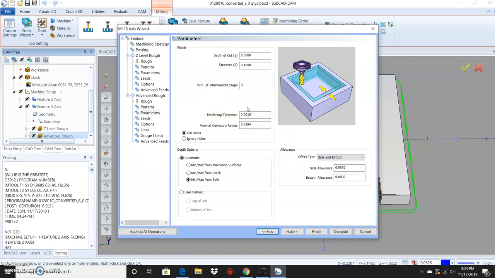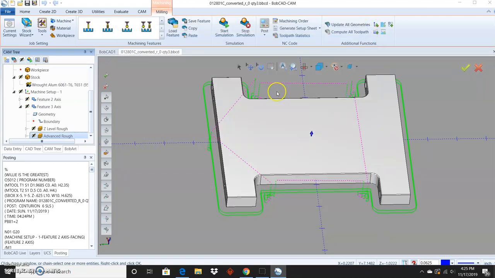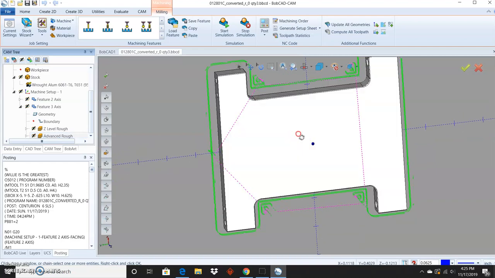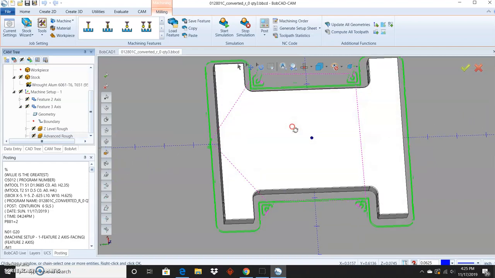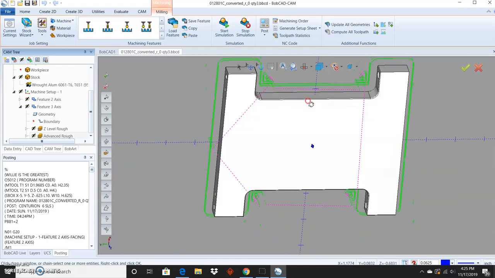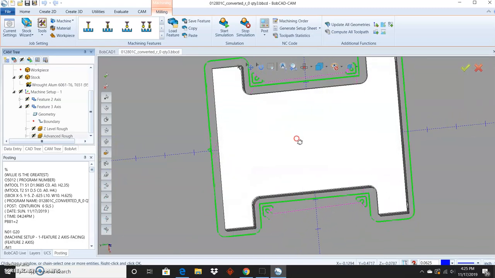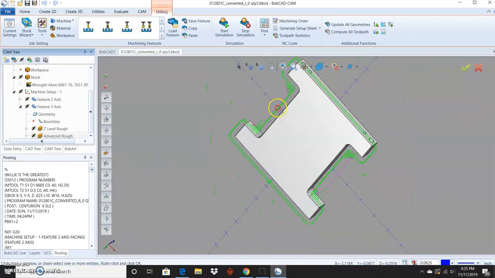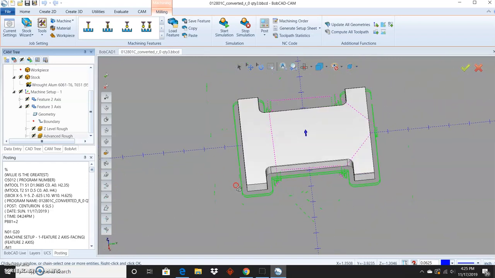But I'm really just trying to get the basics out, and then we can refine it later. So with a Z-level rough and advanced rough, you basically could have roughed this part and finished this part on the perimeter. Then after that, it's just about setting up, flipping it, holding it in the vise, and